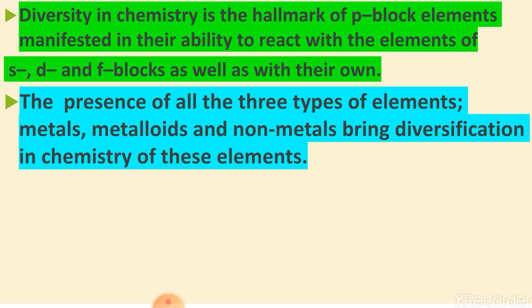One more thing, in 11th I told you about how we decide the S block elements, P block elements, D block elements and F block elements. About the P block elements, when the last electron enters into the p orbital, that's why these elements belong to the p block. So in this lecture, that means in unit 6, we only discuss p block elements.